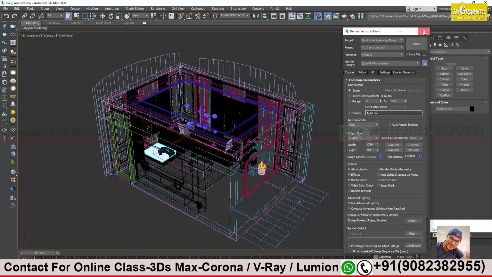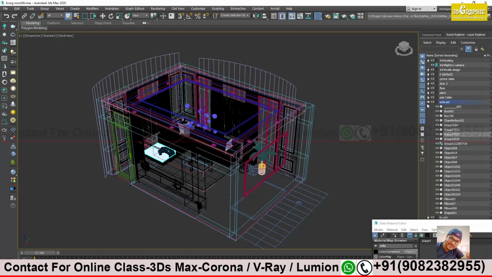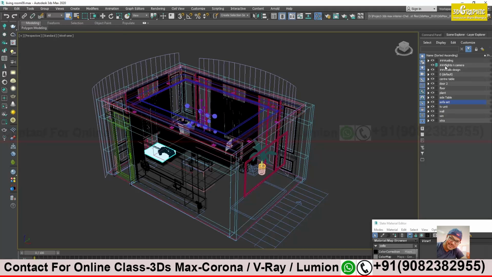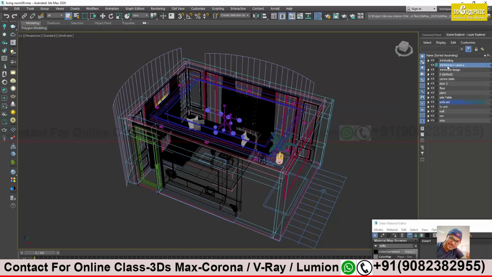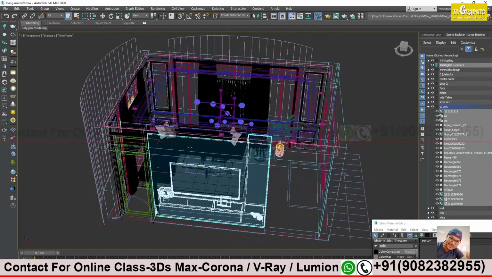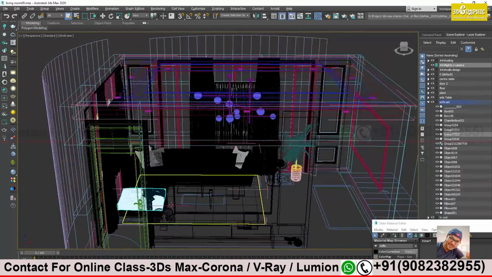So I will just try to open my dome light. Let's see, I had deleted the light. All right, no problem. I will create a light over here. I'll just isolate this. I thought I had isolated, so the dome light is there.